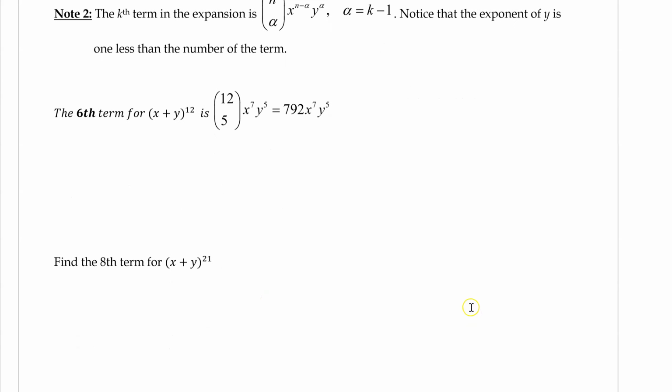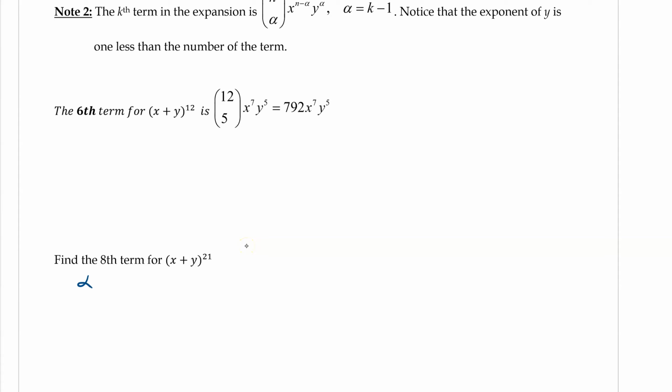So let's try one. We're going to find the 8th term. So if we're going to do the 8th term, that means our alpha here would be 7 that we're plugging in. And our degree is 21. So we would have 21 choose 7. And then we put our x and our y, right? So the first one would be 21 take away 7, and the last one is 7. Now the nice thing is when you finish this, we already knew that every single term in a binomial expansion, they all will add up to 21. So we have 21 choose 7,